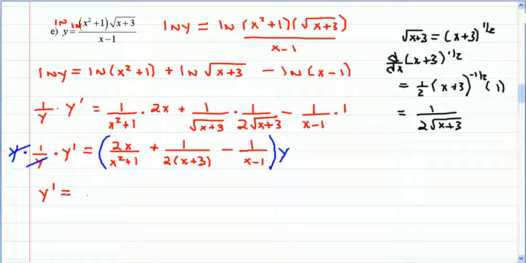So that y prime is equal to 2x over x squared plus 1 plus 1 over 2 times x plus 3 minus 1 over x minus 1,